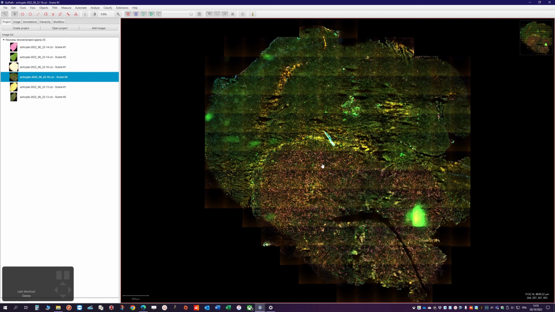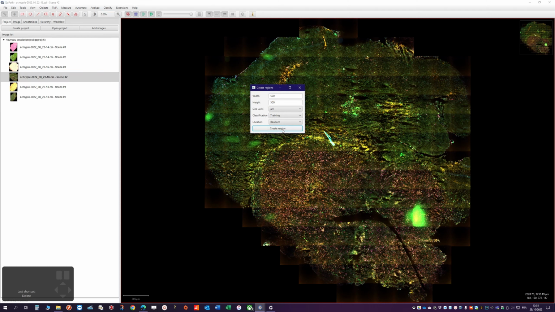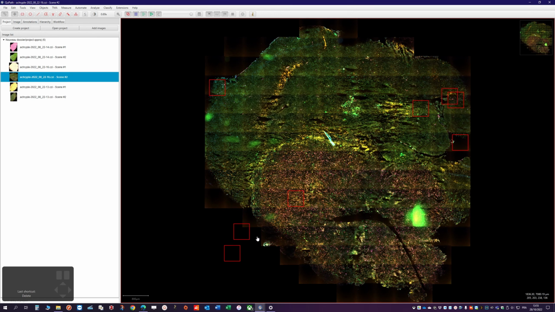And here, without changing the display adjustment, doesn't matter that much. Let's go to training image, create region annotation. We keep the same settings and create a few more regions there. So I guess this should be enough. So again, let's just delete those regions which are out of the picture, like that. This should be okay. So now that we have defined our regions, we can go again to classify training images,